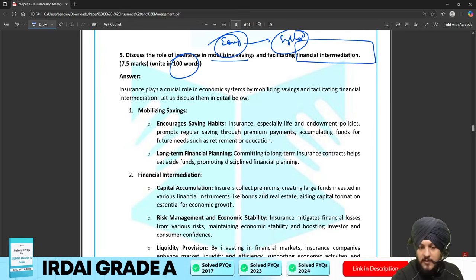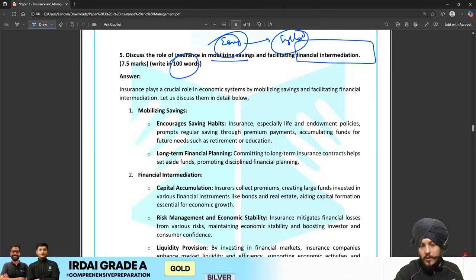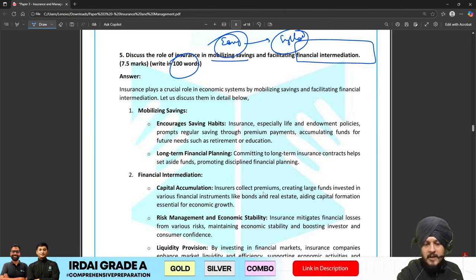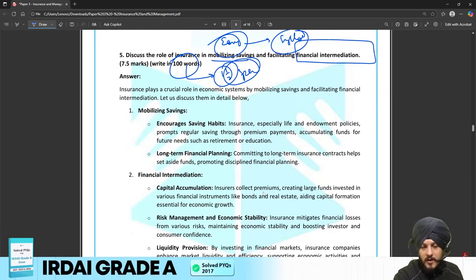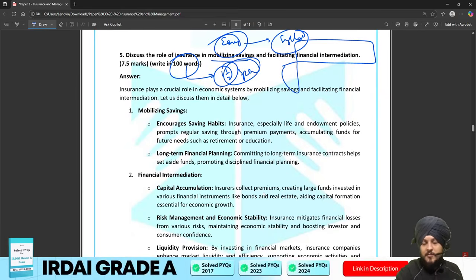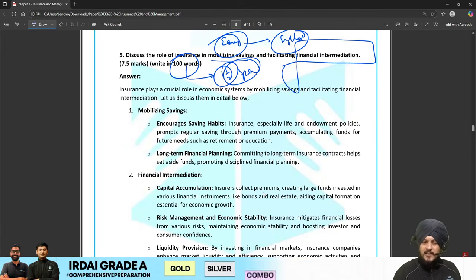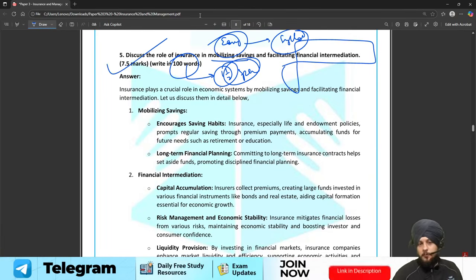You had to write it within, I would say, 100 words. So how much space would you be getting? You would be getting 1.5 page space. If you note the answer very precisely, you can write it. Otherwise, you will have to talk about the background of this question. But I can say that if somebody has covered the syllabus, he should be in a position to answer this question in a comfortable manner, right?